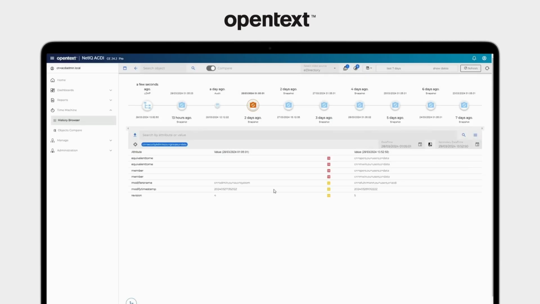So it is easy to see that Espers was not the only user who became a member of this group lately. In addition to Espers, there is a new member, Muin. The changes were made by Furman, and you can keep investigating this case, gaining more and more information and details until you find who exactly set up this intruder attempt. So this is how ACDI can help you investigate issues and security breaches.